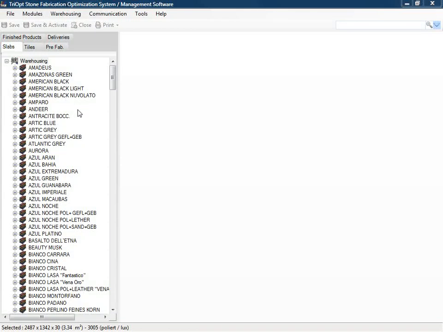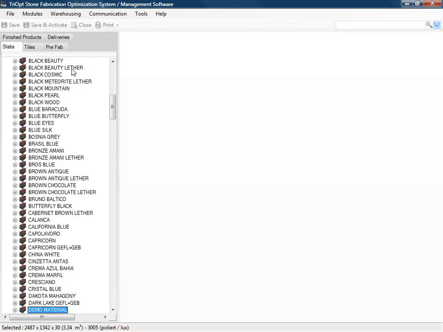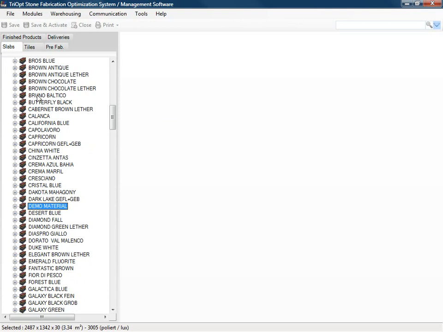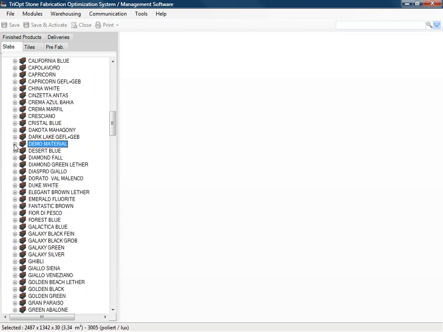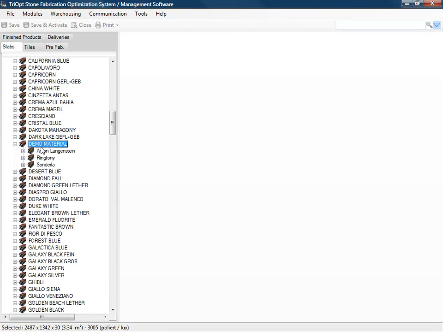We're here at the warehousing model of the TriOpt system. What you see here is the hierarchy tree of the slab warehousing, and I'm going down to the demo material. So you see here all the materials, and this demo material, which I've just created for you, shows eventually